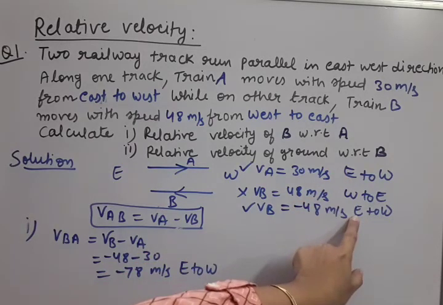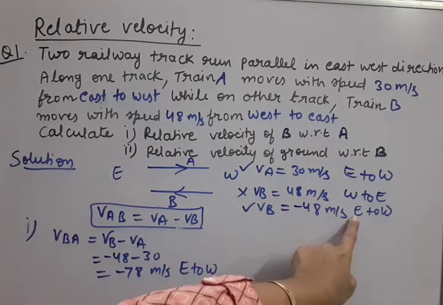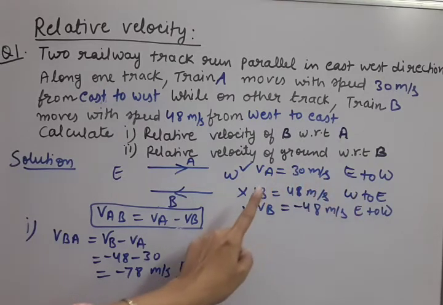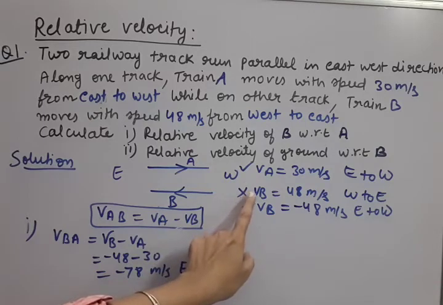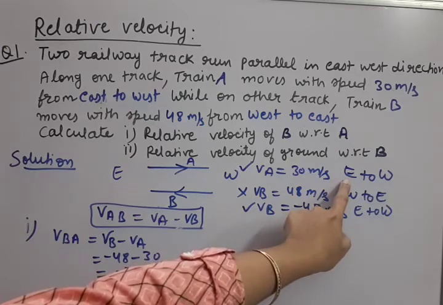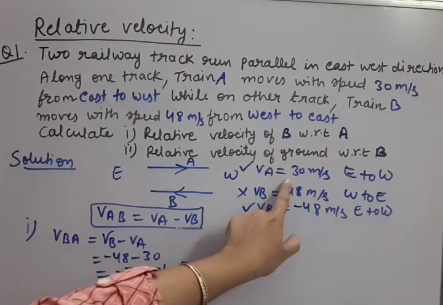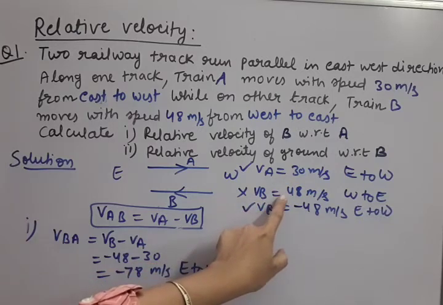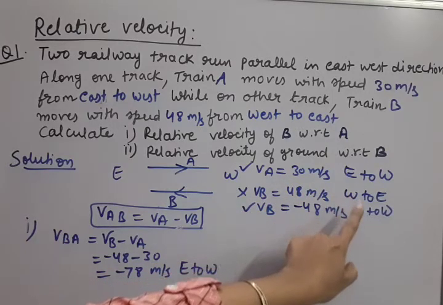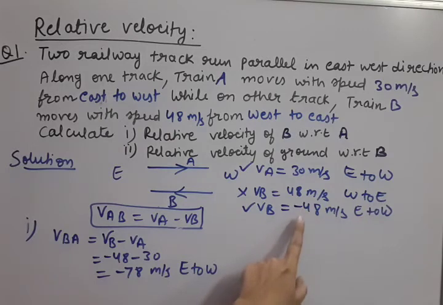to west. Understood? Okay. So the idea is, as soon as you see any question, first of all, prepare all the data in the same direction. Any one direction you select. So east to west we have selected. VA was already in east to west, so no change in VA. VB was in west to east, so we have to make it from east to west by putting a minus sign in its value. Okay, we will be using VB always, this one which we have prepared.